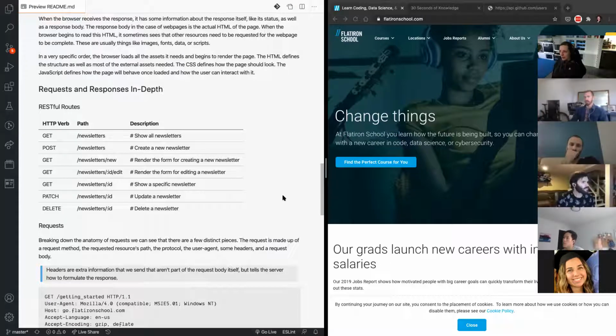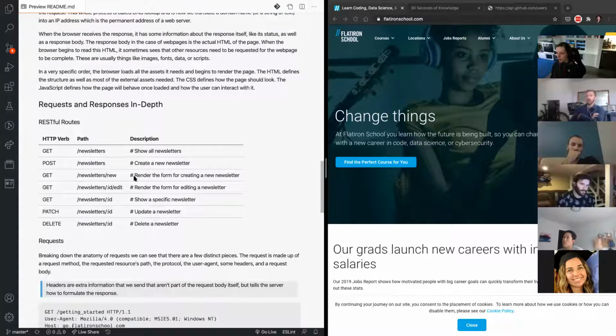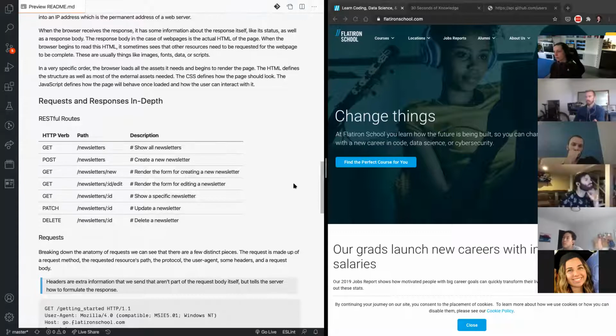I'm talking about this, and we're going over these different types of HTTP verbs that we can use, because I would like you to get more used to something called RESTful routing. We will talk about this more in the upcoming days, but I wanted to give you a quick introduction here so that you have already seen it, or maybe you've already seen it through some of the labs as well. So what does RESTful routing mean?